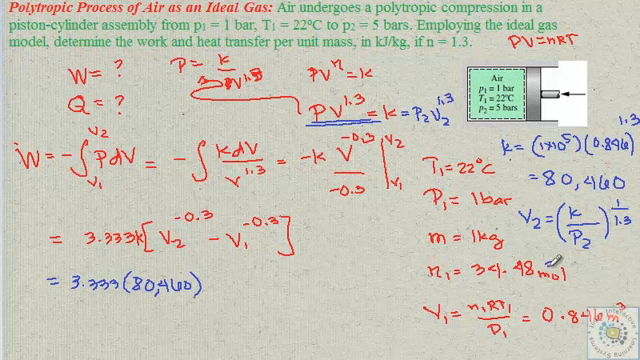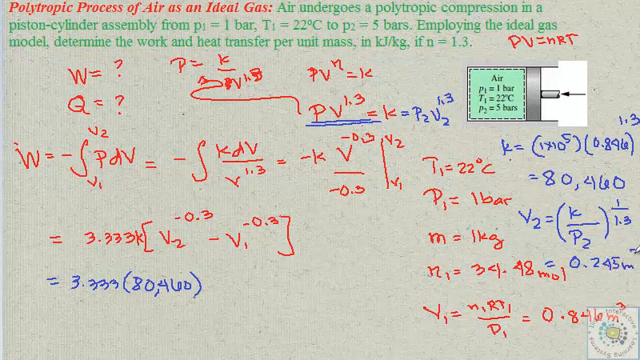Okay, so in that case, we know K divided by P2. P2 is 5 bar, and since one bar expressed in Pascal is 100,000, that will be 5 times 100,000, so 500,000 Pascal. Divide that, then raise it to the 1 divided by 1.3. Okay, and that gives us V2, the volume after compression, which will be equal to